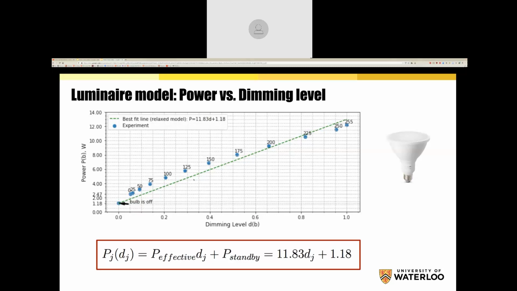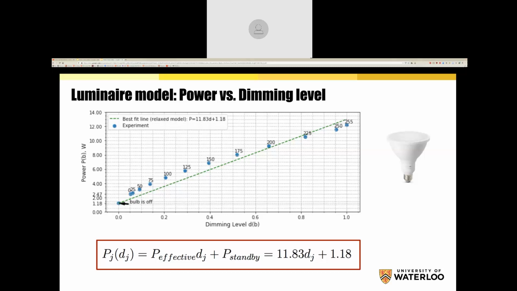However, these nonlinearities make the optimization problem that we're going to solve in a minute very complicated. So we're going to linearize it. We're going to use this green line instead and pretend that it's linear, and actually we'll have the green line going down to 0. So in fact, we're going to assume that it goes through 0, 0, rather than with this offset over here. So initially we would just say 11.8 DJ plus 1.8, and then the next step we'll get rid of this, which I'll show in a minute. And at that point, we get a completely linear formulation.